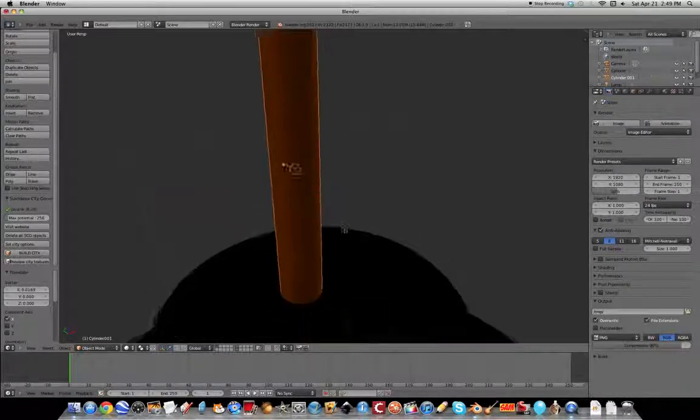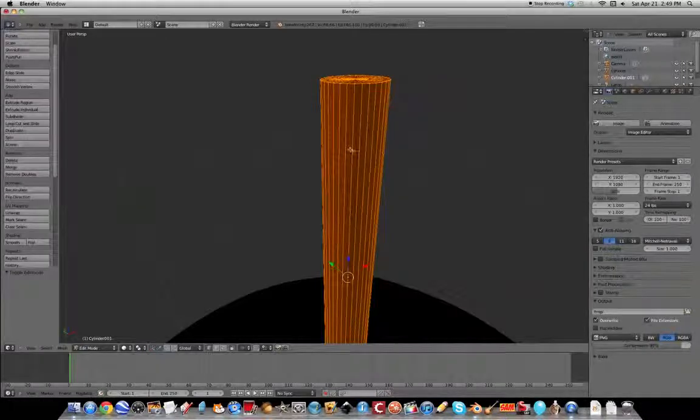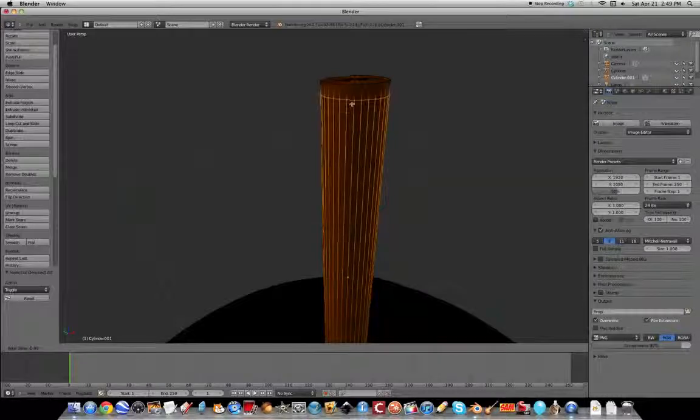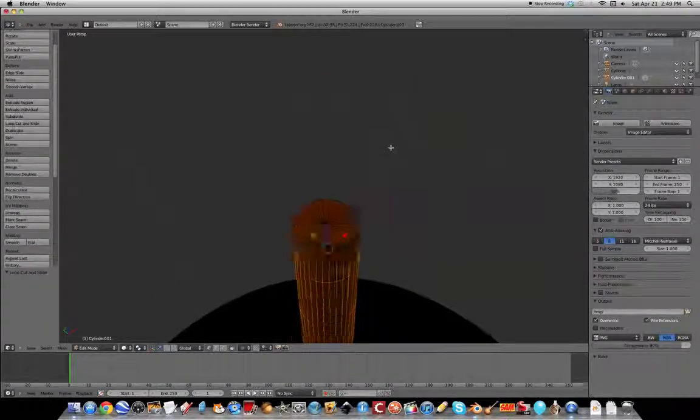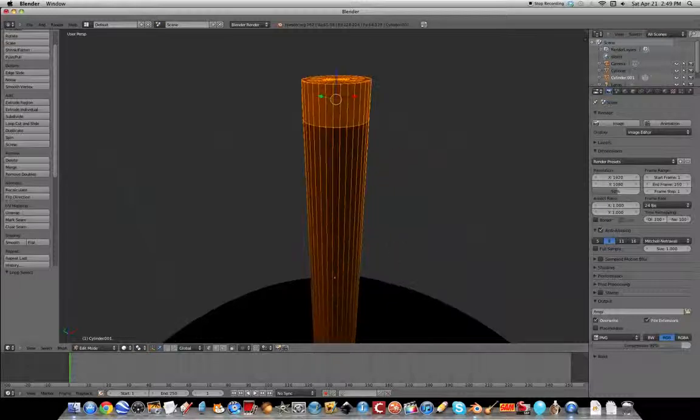So on here, we're going to edit this, so tab into edit mode, and then A to deselect everything, and hold Control R to create an edge loop and get it so the circle is right there, and click, then move that up to here, about. And now, that should be selected, and then hold Alt, Shift, and select that, then Shift, select that, and then